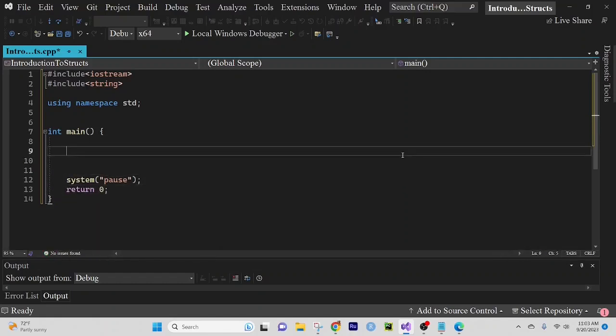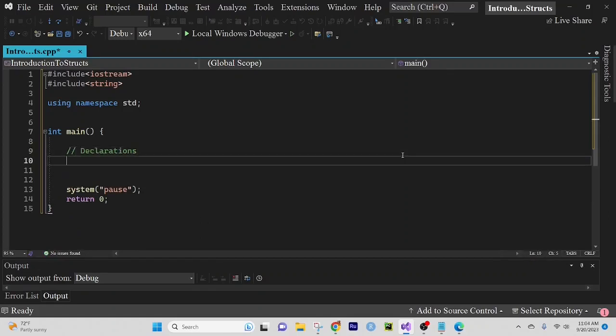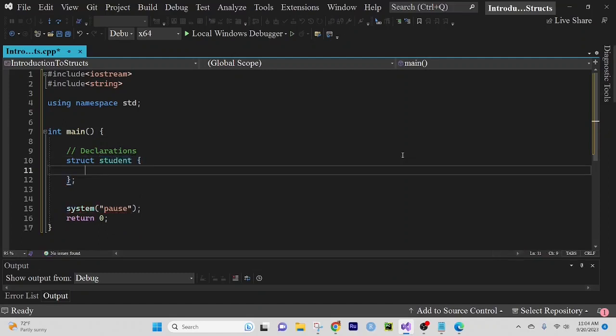So first things first, we have our declarations. And I'm going to create a struct. So I'm going to use the example of a student. So student, and then this. And automatically a semicolon should appear at the bottom after you create the curly brace, but if it doesn't, just keep in mind that you are going to need a semicolon